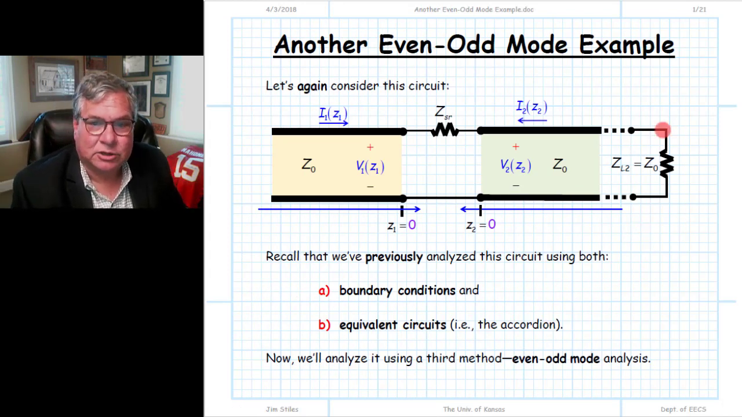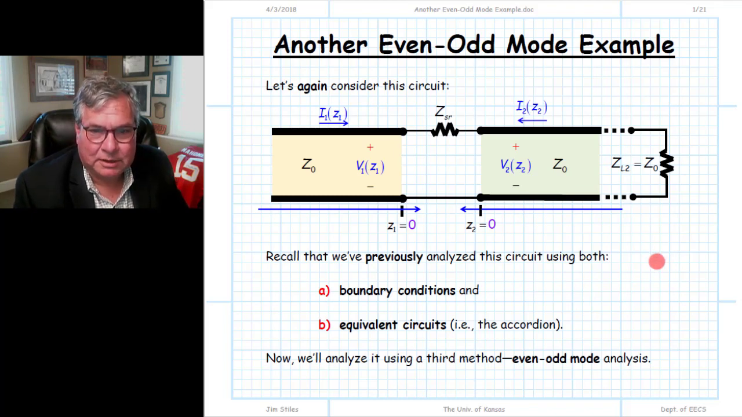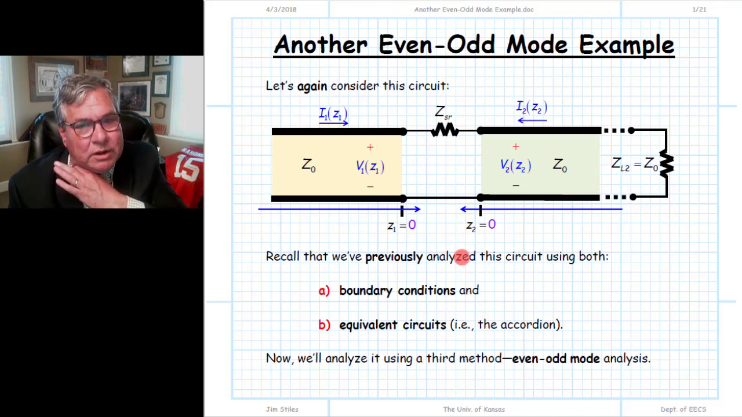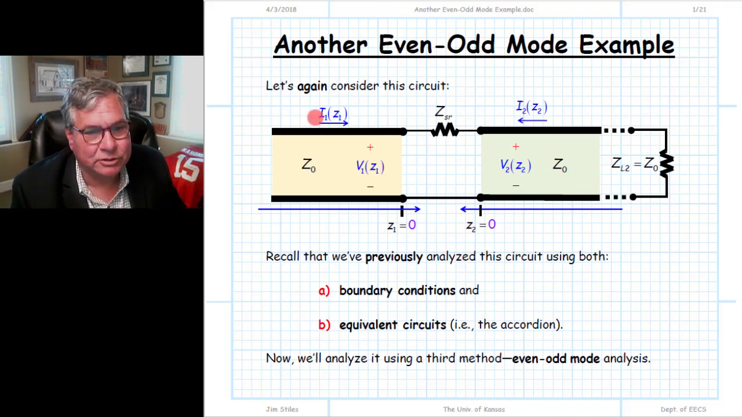So let's look at this circuit, and there's a sense of deja vu that probably occurs to you because we've seen this circuit not once before, but twice before. We first went through and analyzed this circuit using boundary conditions. We took the telegrapher equations and evaluated at the end of each line. We set up KVL and KCL, and then had a set of equations where we could solve for an unknown wave amplitudes, and from that determine the voltages and currents in terms of the plus wave